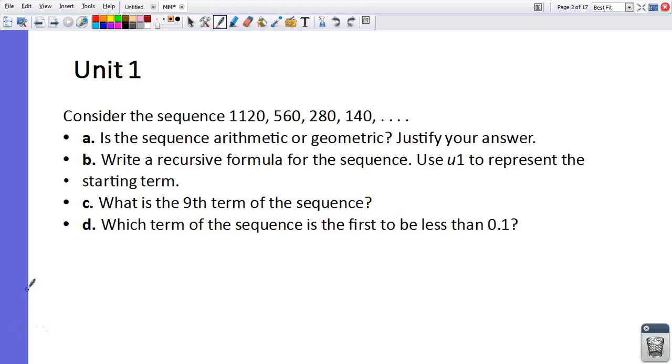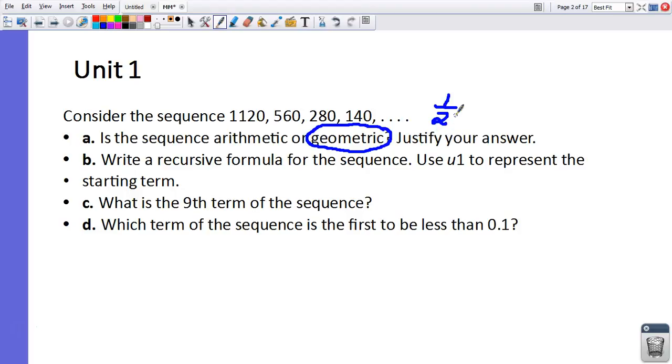First question, it's asking us to write a recursive formula, but the first thing is arithmetic or geometric, and I think most of you got this right. It is geometric because we are multiplying by the same number each time. We're multiplying by 1/2. Okay, so that makes it